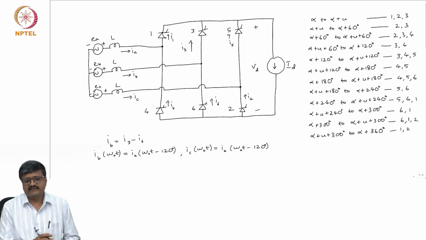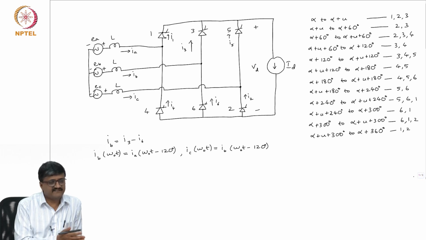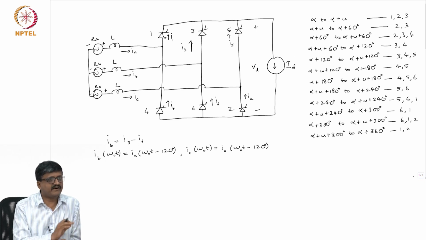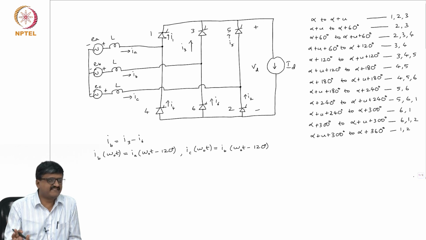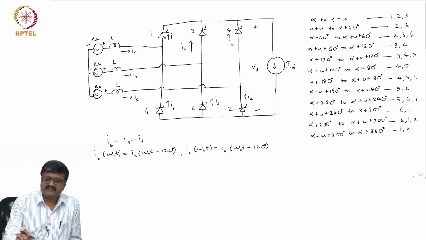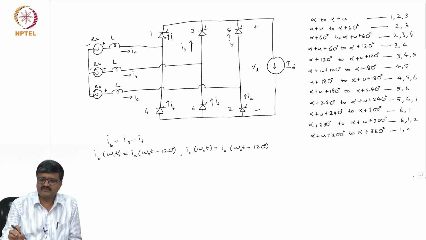Please note, we derived this from a very general circuit. This circuit is not obvious. This is the great circuit. Six legs, 3 legs, 6 devices, and 3 AC side terminals, 2 DC side terminals is not an obvious circuit. It was derived in fact from something which was more obvious. So this is known as the great circuit. Here there are 6 devices, and I take all the currents as flowing from anode to cathode. So what do you say?